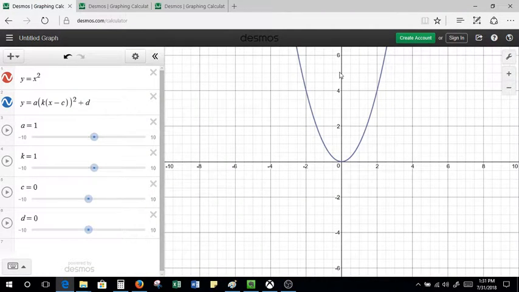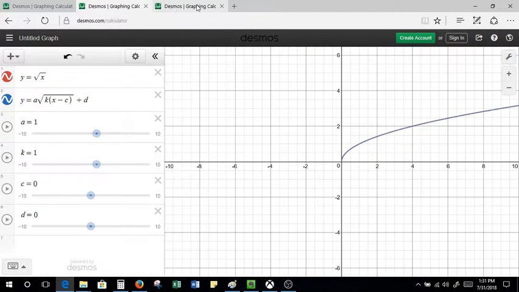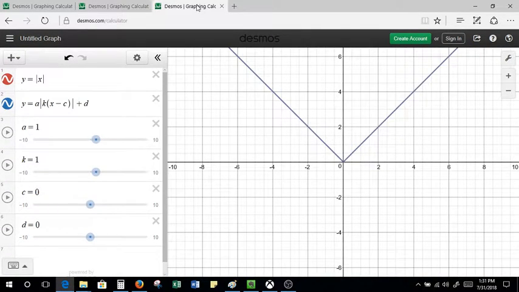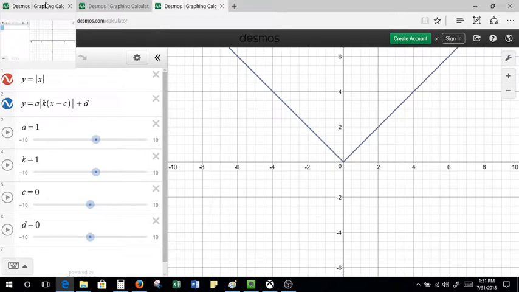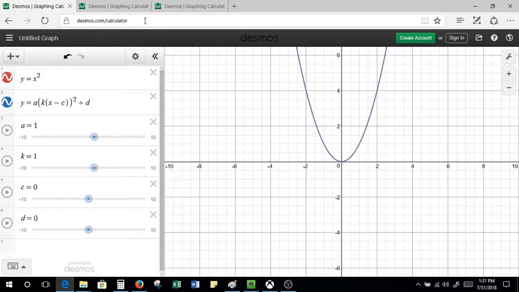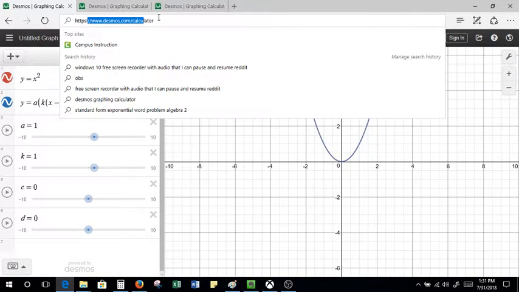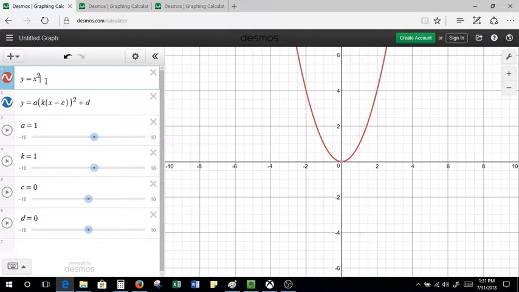Okay, so today we're going to be doing transformations. We're going to be looking at quadratics, root function, and absolute value as an example. Transformations apply to all though. We're going to be using Desmos graphing calculator. I find this to be a really easy way to understand transformations and really a lot of graphing exercises we're